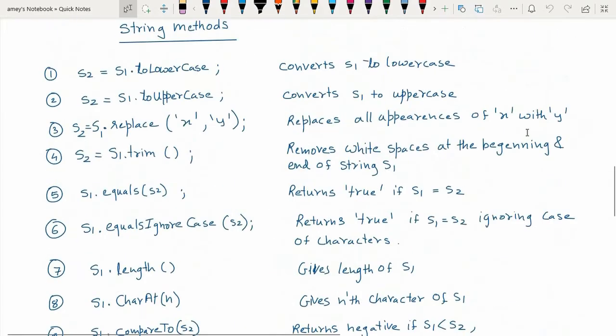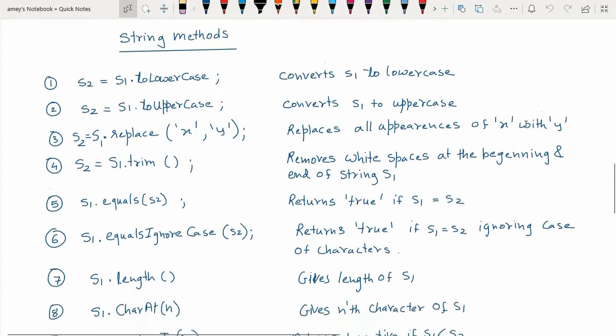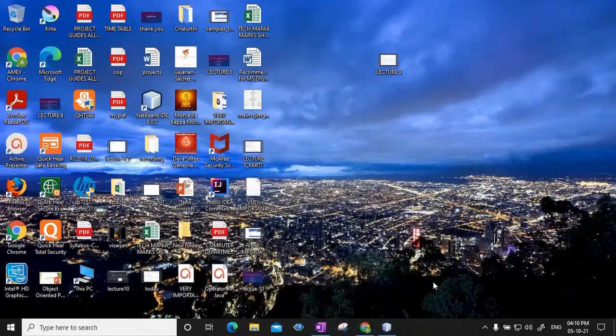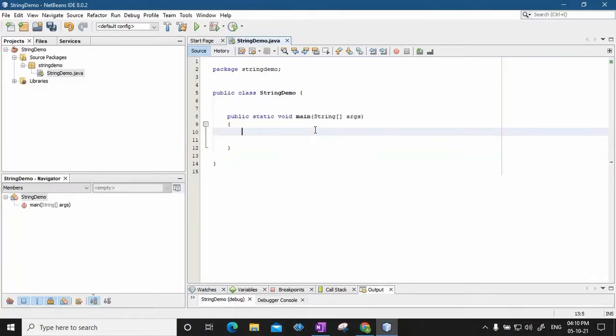So these are the various methods which are predefined and already available for us to use. Let us quickly see an example. Let us write a small program in string. In this program, I am going to create a string array containing the names of different cities. So I will say